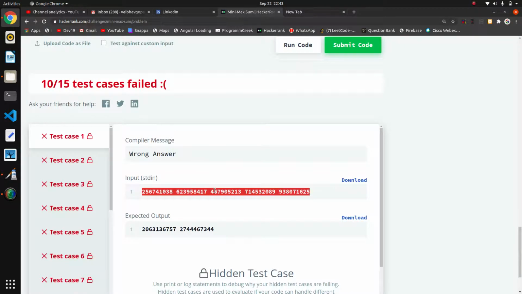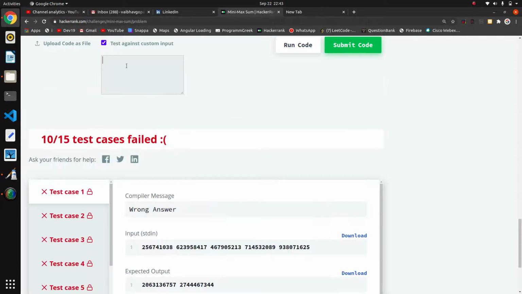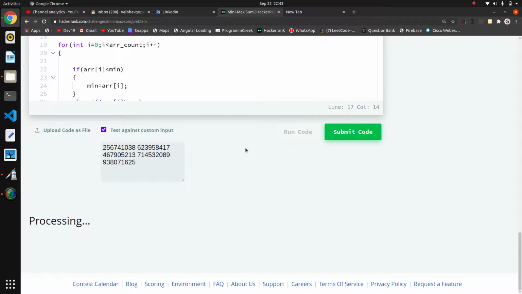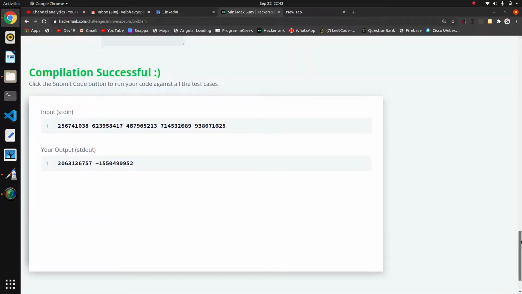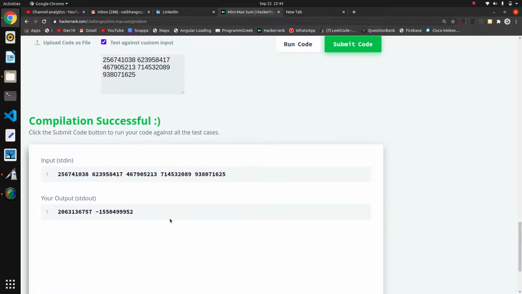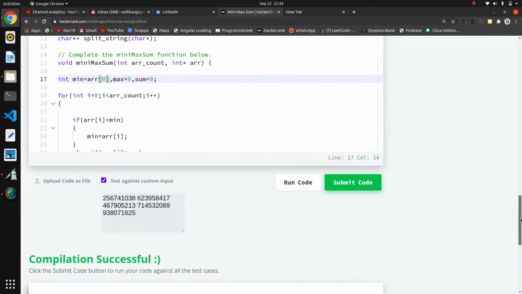I will copy this with Control C and test here with Control V. Now I will run. Why is it giving a problem? My output is giving negative values.